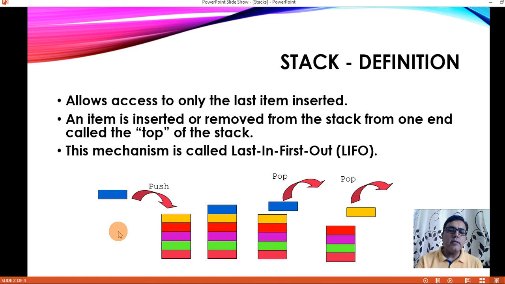Okay, so suppose this is a stack. If you have to insert an element in the stack, that operation is known as push operation. And if you have to delete an element from the stack, that operation is known as pop operation, right? Now this is a stack. If you have to insert another chair in this pile of empty chairs, you will put the last chair at the top, right? Then if you have to take out an element from the stack, you can take it out from the top itself.